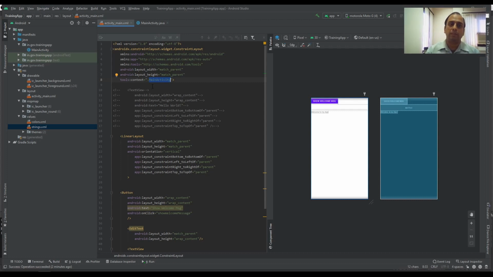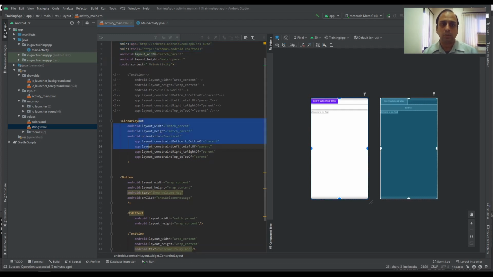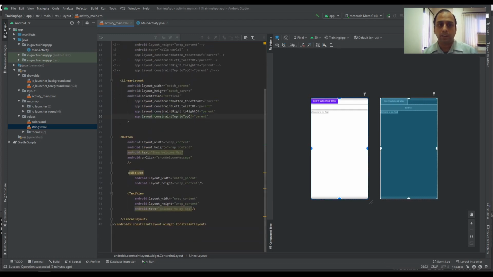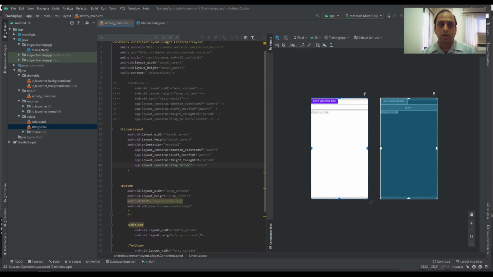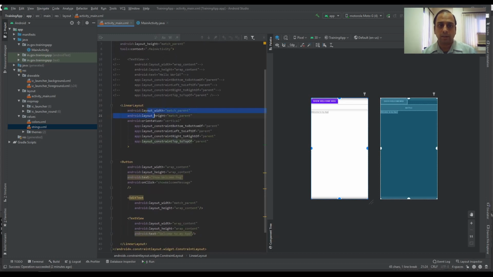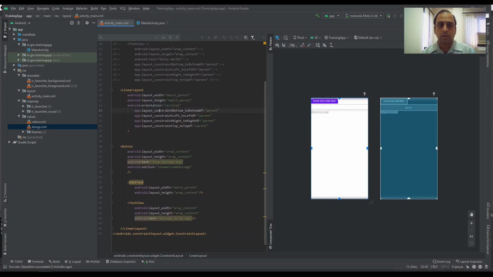If you have multiple activities, the activity for which you use this layout, that context you have to write here. Within this you have a LinearLayout, with height and width equal to the parent, orientation vertical, and constrained to the parent.